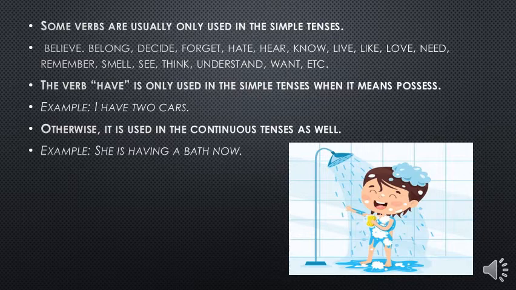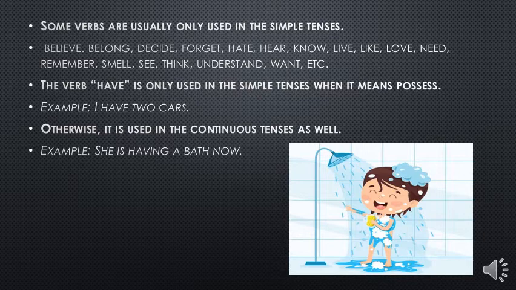These verbs are not used in the ing form, okay? So these verbs are only used in their simple tenses. Like, I cannot say I am believing, or I am smelling, or I am understanding. I smell, I believe, I forget, I hate, I love. So these verbs are used only in the simple tenses and never used in the